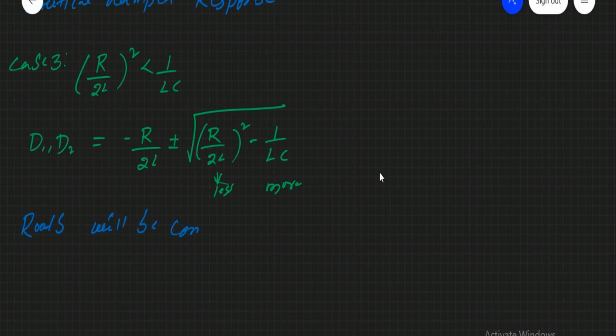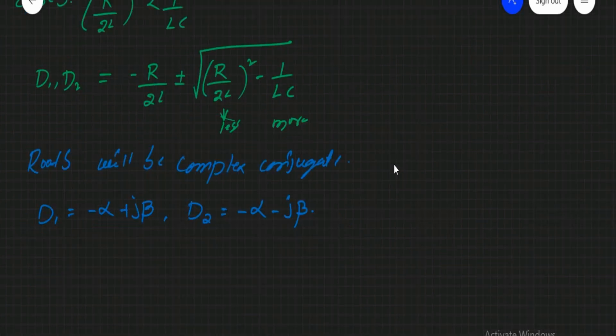complex conjugate. The roots are D1 equal to minus alpha plus j beta and D2 equal to minus alpha minus j beta. These two are the roots, and the solution becomes